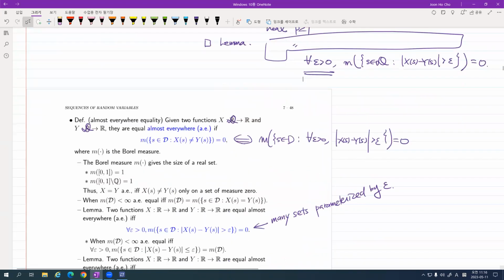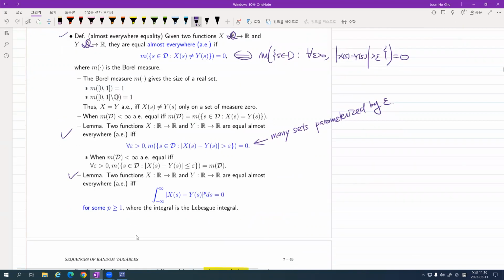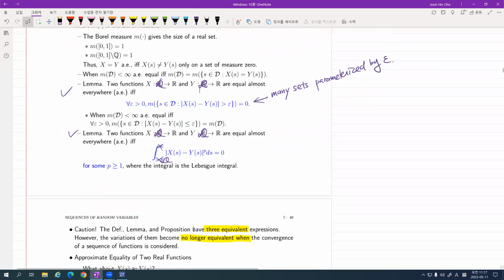So I've just covered this part and that part, and also this one. Got it? Even though this says infinity, I will correct it to D, D, D, D. Actually, I was correcting this, but had no time to upload it yet. Okay. Anyway, the integral is not the Riemann integral, but the Lebesgue integral. That is related to measure theory. I'm going to avoid it.